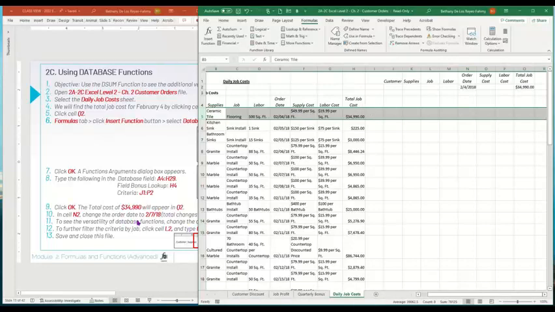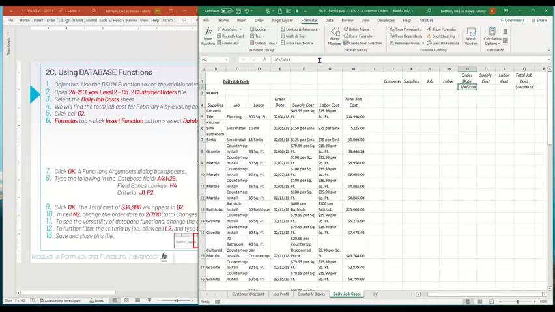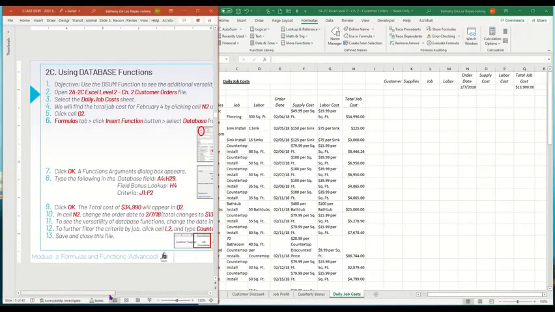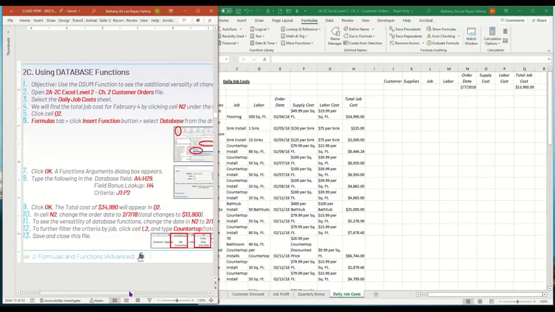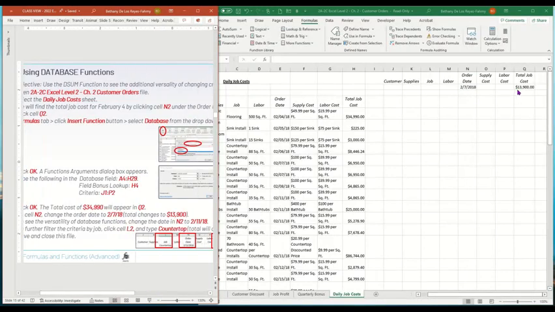So in this case, let's say instead of February 4th, we want to switch up the date. So we're going to go to cell N2, and we're going to change that from the February 4th date to instead February 7th. So you're going to type the February 7th date of 2018 into cell N2, as in Nancy 2. And once you're done, go ahead and hit enter. And what's going to happen is you should also see an updated output for the total job costs. And that, as you can see in Q2, is